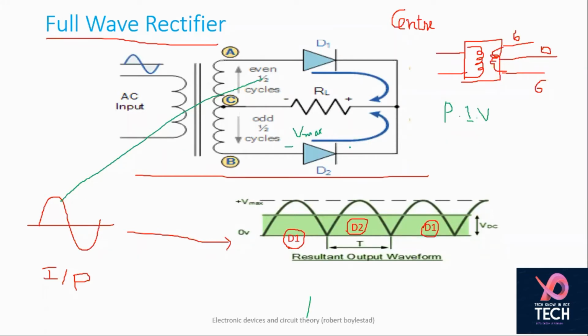This is negative. This is positive. Okay. So this is off. And also we are getting some voltage across this diode, that is also Vmax. So what you will observe, that entire voltage across this is also being added. So you are getting a voltage of 2V across this. So that's the problem, that peak inverse voltage in this case is twice as compared to your half wave rectifier.